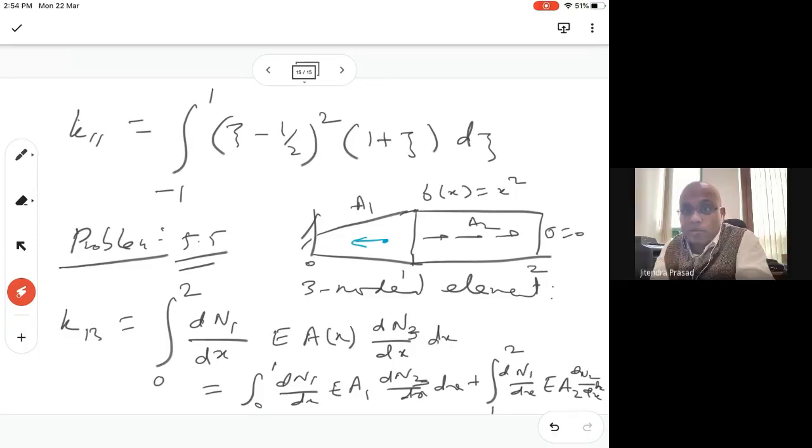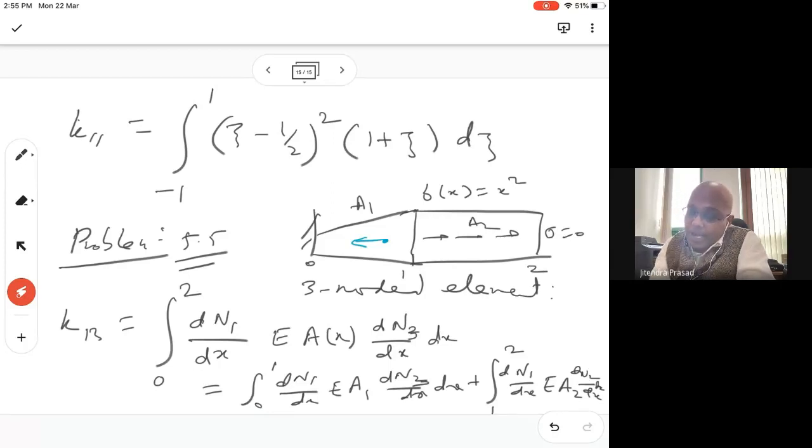Yeah. So the meaning is, because of these, there may be some body force even coming here, because you are taking three-noded, although this is not connected to this one, but still, since you are using N1, N2, N3, like N1, we are going to say N1 multiplied by this. So you will see N1 is non-zero. It will be 0 here and here, but non-zero here, right? So you will see there will be some value, maybe some negative value will appear here. Yeah, so you have to do the same way.